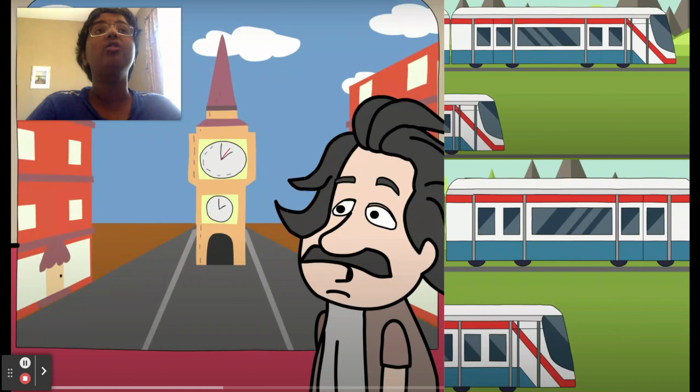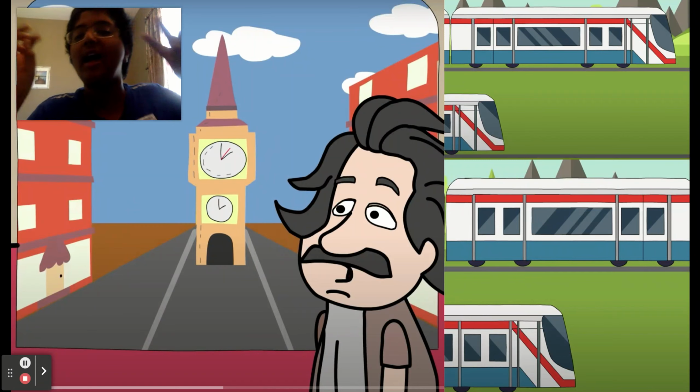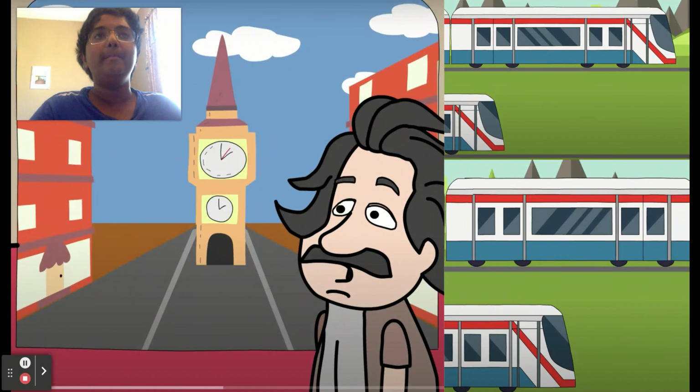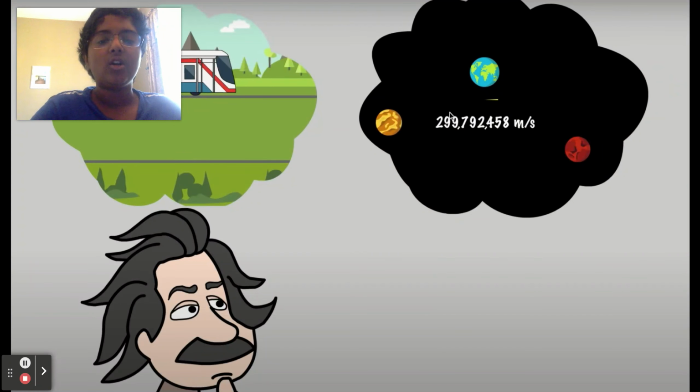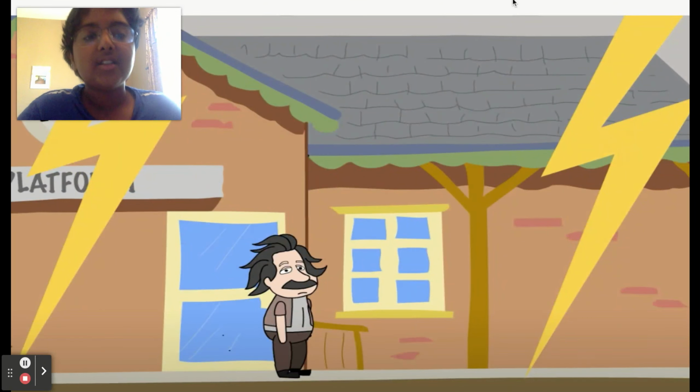That's kind of like how Earth worked for at least the 15th or 16th century, before they knew that Earth actually rotated. People thought that Earth was stationary and everything orbited Earth, when in reality, after telescopes and new technological inventions, people realized that the Earth was the one that was moving. Light only goes at 299 meters a second. So yeah, it's kind of like this.